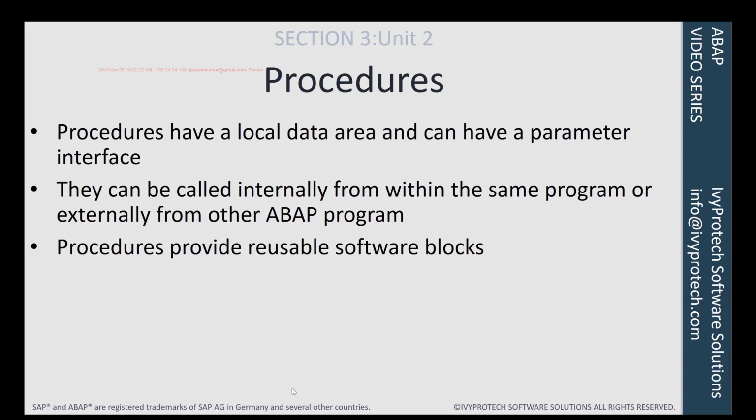If it is something you need only in your program, then you don't need to create a procedure because it's the same effort that you put in. Whether you write the code in your program or in the procedure, it doesn't matter. But if that functionality is required by many programs, then you can put one-time effort to develop the procedure, and that procedure can be called multiple times in any program that needs that functionality.